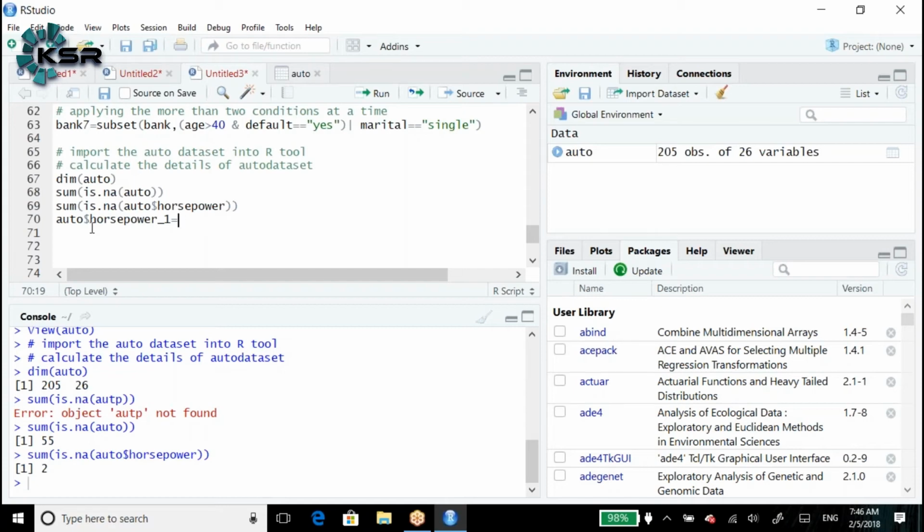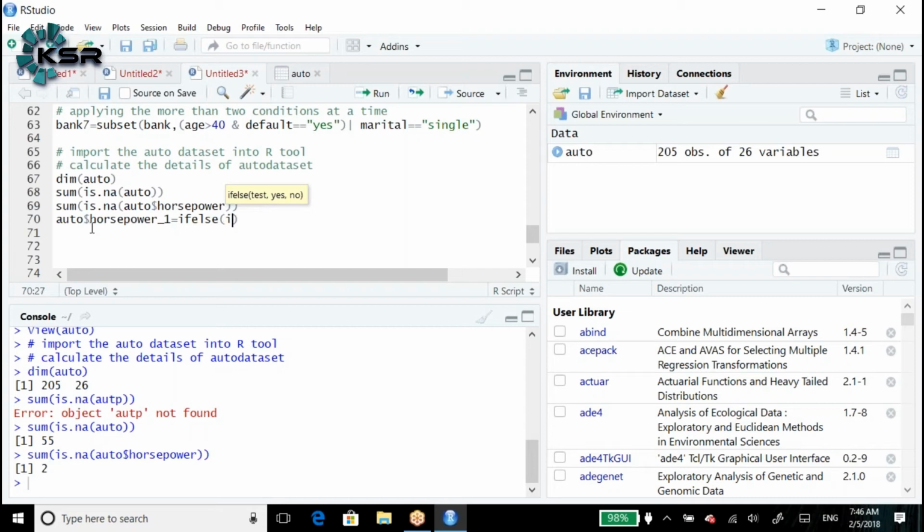Okay. Here, horsepower1 is equal to ifelse. What is the condition we need to check? First we need to check, is it a missing value or not? If it is a missing value, then only we need to replace. If not, we need to keep the same value.